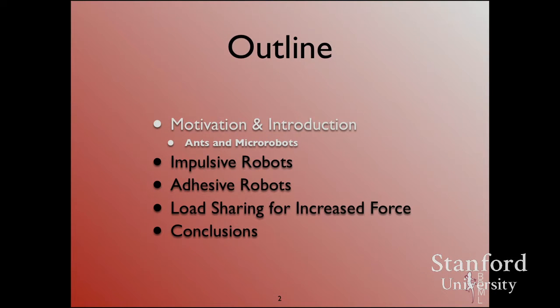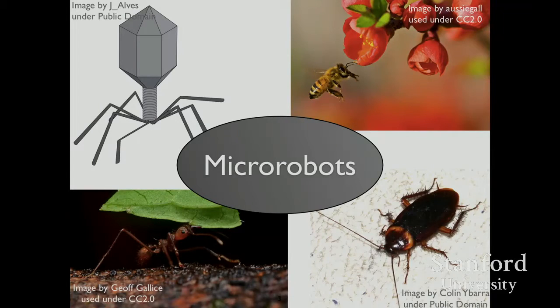We're going to start with the motivation of why we do any of these things and then go through a lot of slides. So for starters, when you look at the world of microrobots, we can break it down into about 4 categories, give or take. So top left here, we have